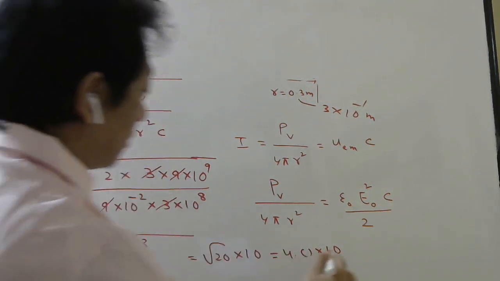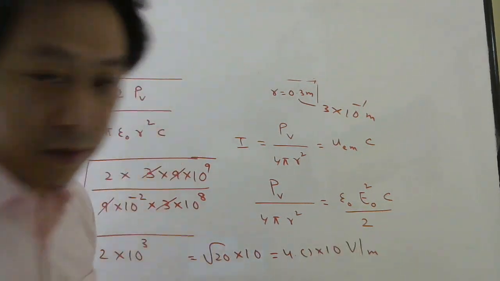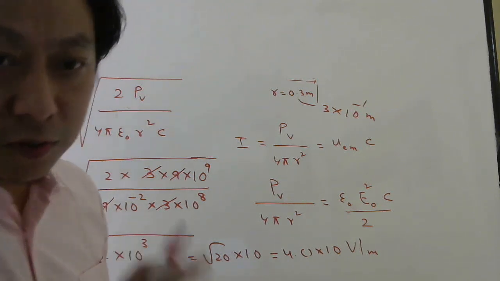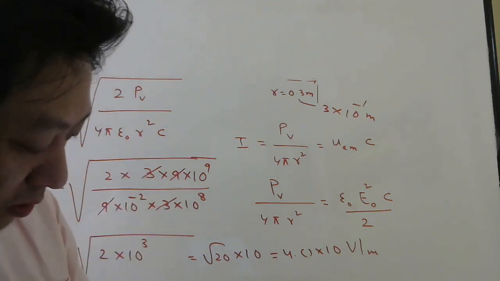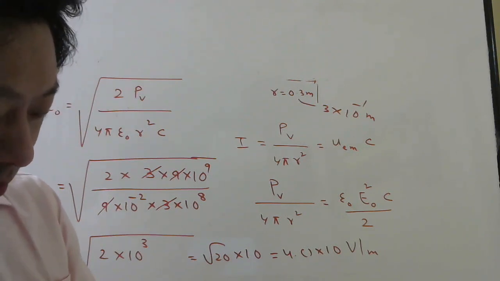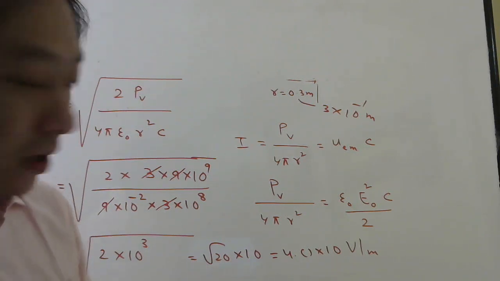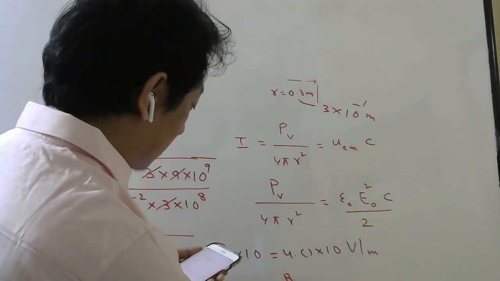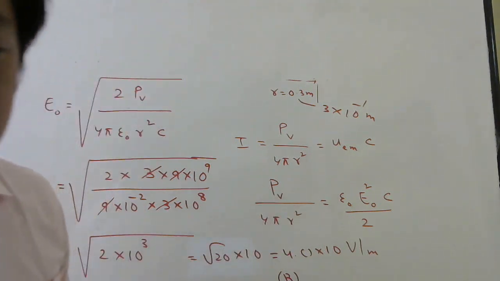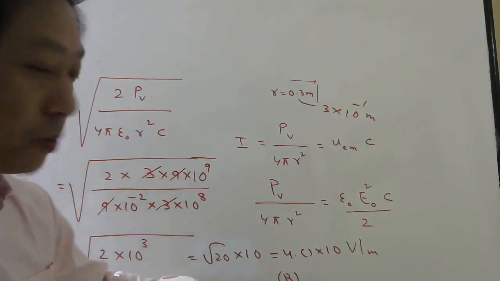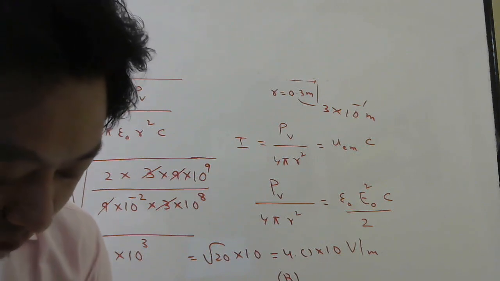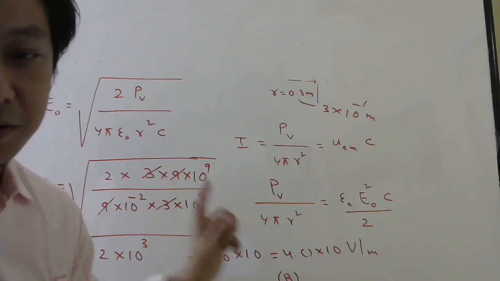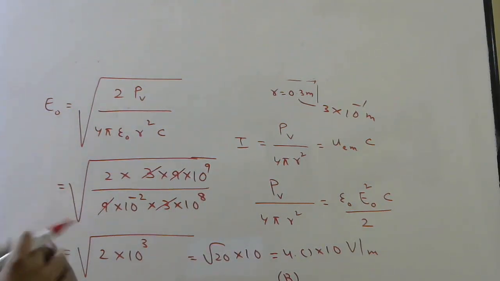And since it is electric field, it should be volt per meter. So it will be 44, 45, something like that. So 40 range it should be. Let us see the options. 31, no; 45, yes, because other options are 63 and 90. How can this be 63 or 90? So this has to be option B. So without actually doing it also, we can find approximately, because root 20 should be 4 point something only. 4.5 it may be, so 4.5 into 10 will be 45. Okay students, option B.